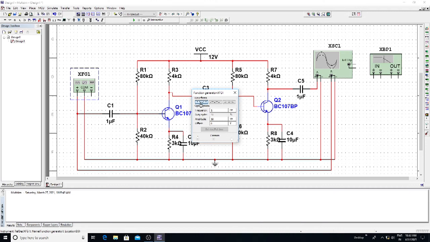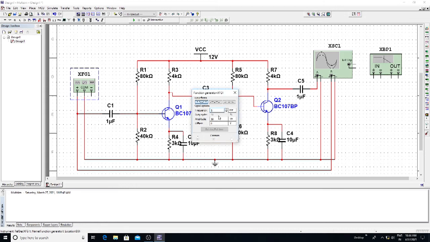Here we have waveforms, and we are going to give a sinusoidal signal. Click on sinusoidal. You have frequency, duty cycle, amplitude and offset. In frequency I am giving 1 kilohertz. If you click on hertz, you will get all the different ranges, so click on kHz, kilohertz.